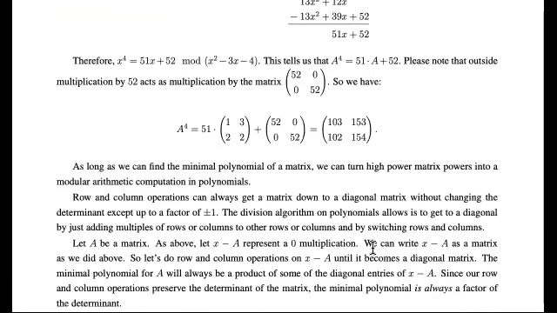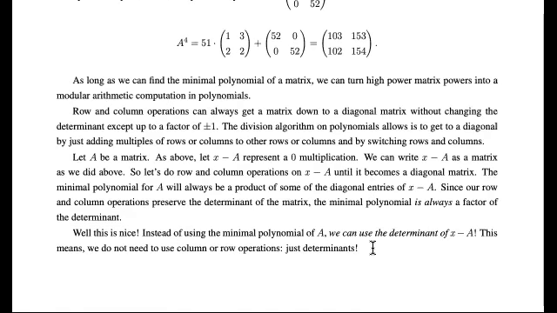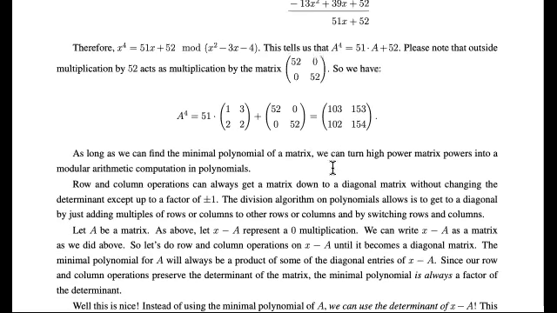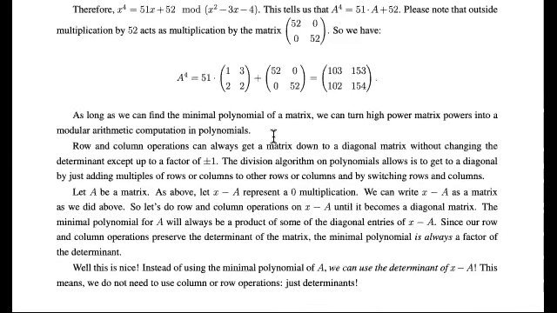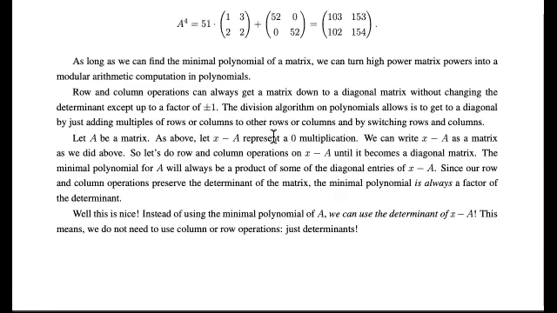Okay, so one little thought right here. So this matrix was one we were already considering that had that minimal polynomial. How do you get a minimal polynomial in general? Well, row and column operations can always be used to get a matrix down to a diagonal matrix without changing the determinant. Okay, so don't change the determinant if you just do sliding. Just kind of slide it around, and